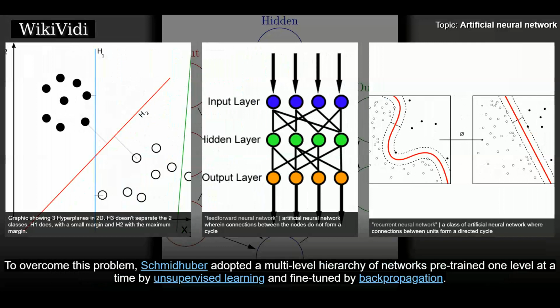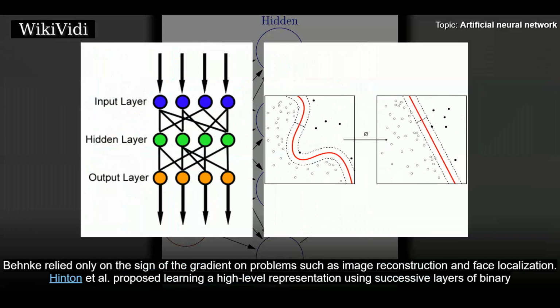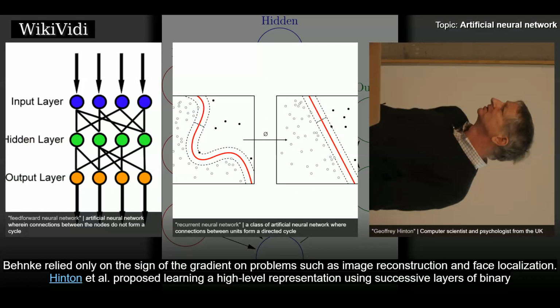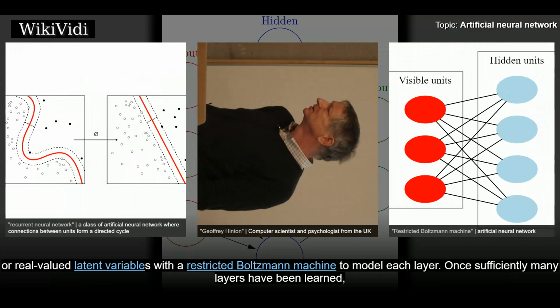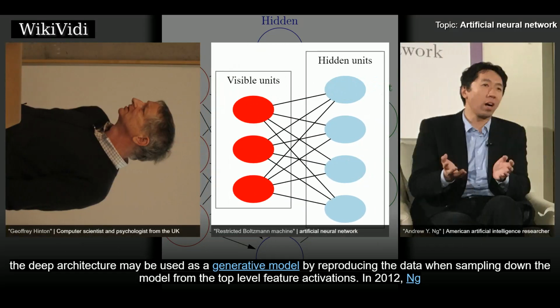and fine-tuned by backpropagation. Behnke relied only on the sign of the gradient on problems such as image reconstruction and face localization. Hinton et al. proposed learning a high-level representation using successive layers of binary or real-valued latent variables with a restricted Boltzmann machine to model each layer. Once sufficiently many layers have been learned, the deep architecture may be used as a generative model by reproducing the data when sampling down the model from